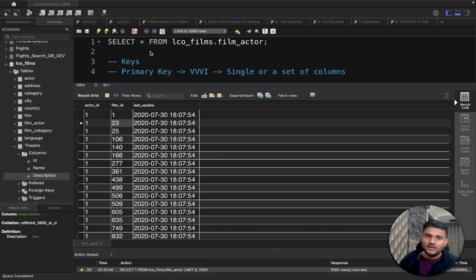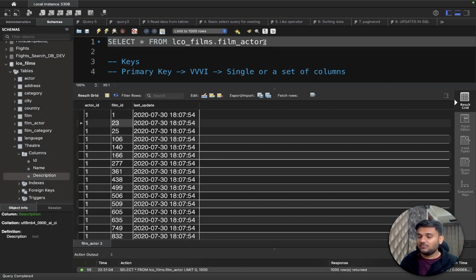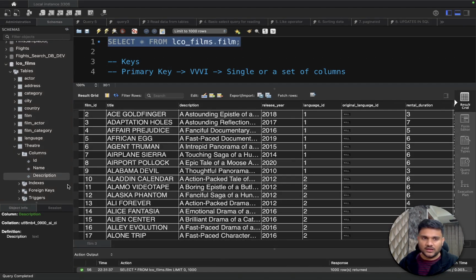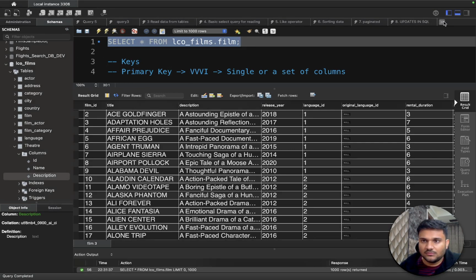A very important property about primary key is that primary key can never be null. Primary keys can never be null. You have to always keep this thing in mind. That is why when we were actually creating that particular table,